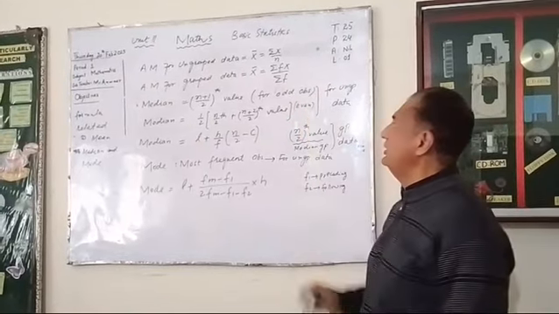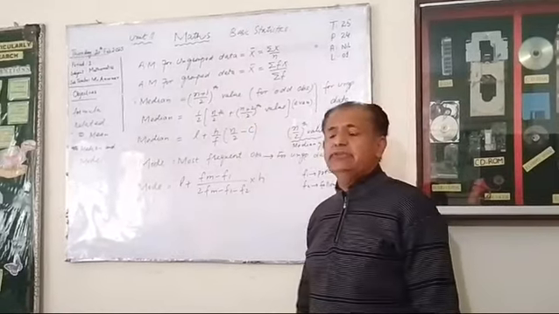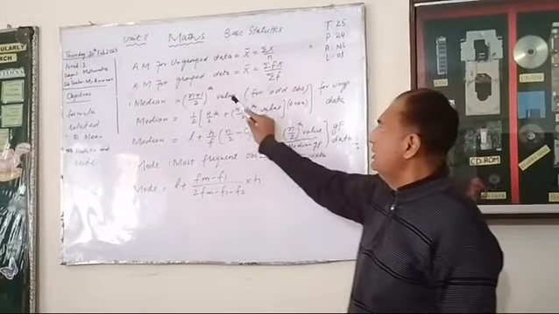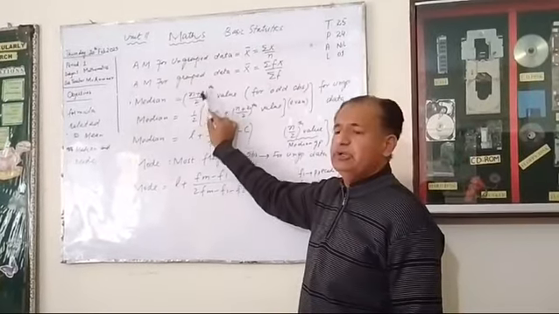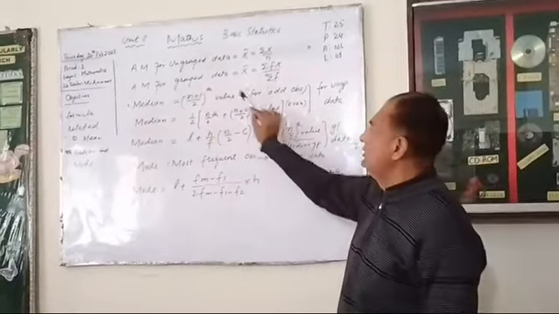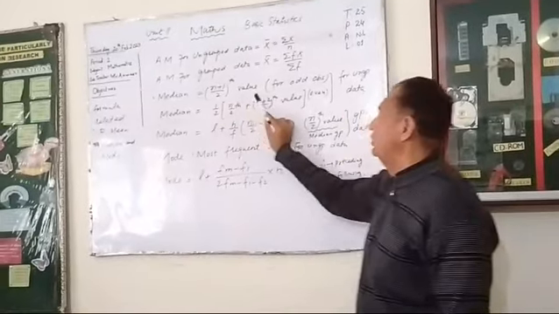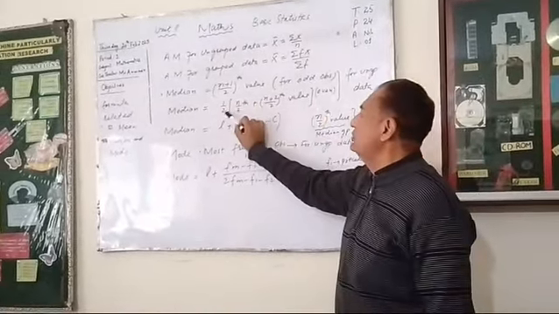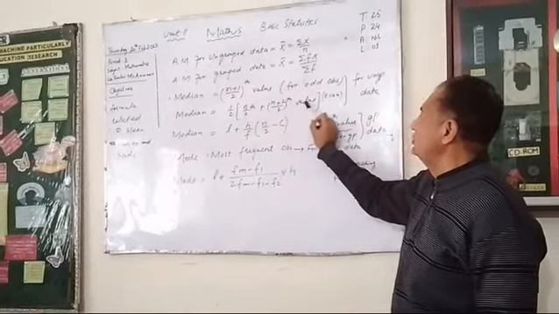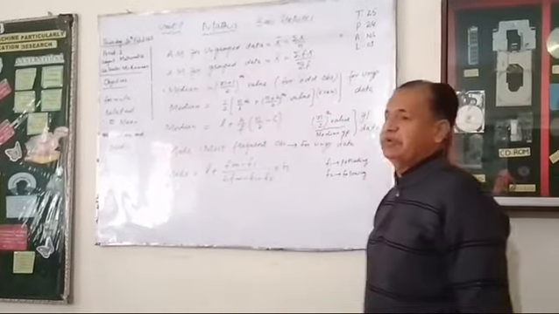If you are going to find the median for odd observation, then first of all you will arrange the data in ascending or descending order. After arranging the data, you can utilize the formula (n plus 1) over 2th value. For even observation, you can utilize the formula 1 by 2 times (n by 2 plus (n by 2 plus 1))th values. This is done after arranging in ascending or descending order.